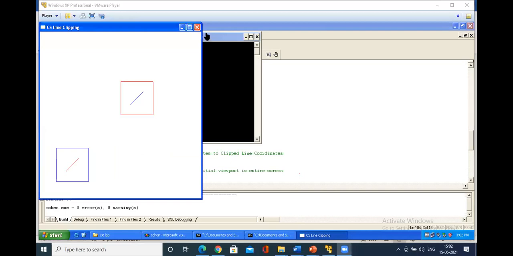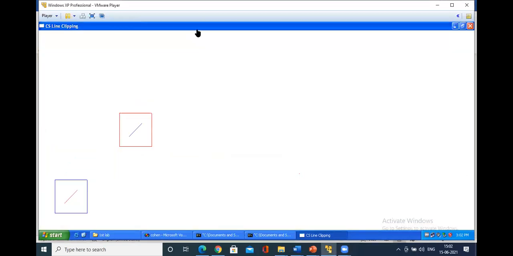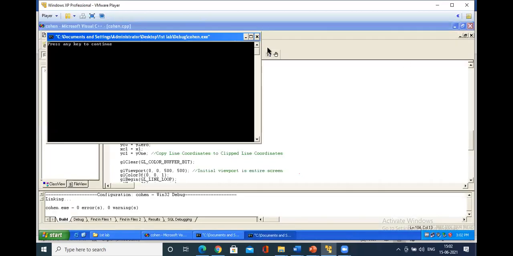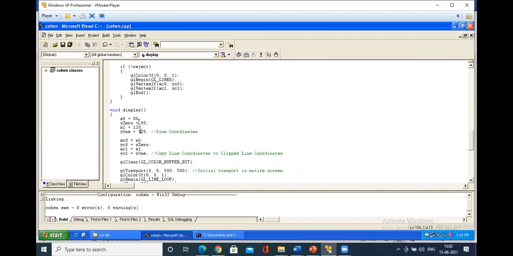See, this is a line that is being clipped, that you could see here. This is a window. The line has been given X0, Y0, X1, Y1. Since the outcodes are totally inside, it will simply plot as it is. Then let me go with one more line, that is here 80, 190, 190, 20.